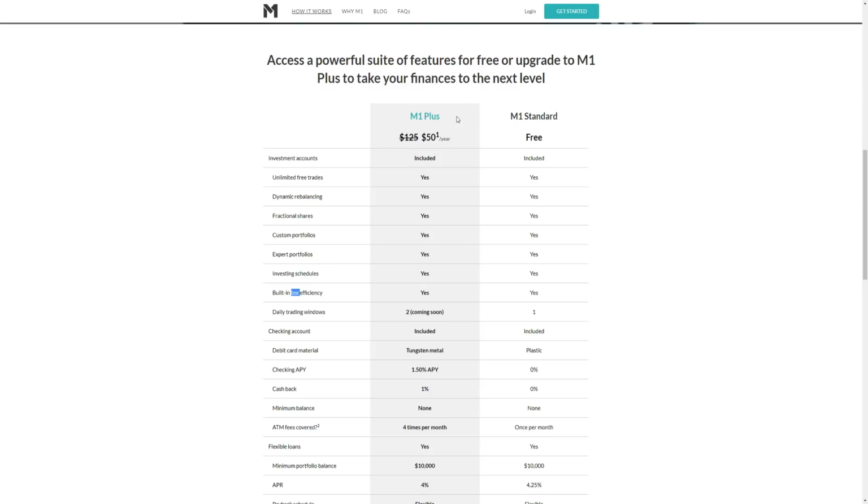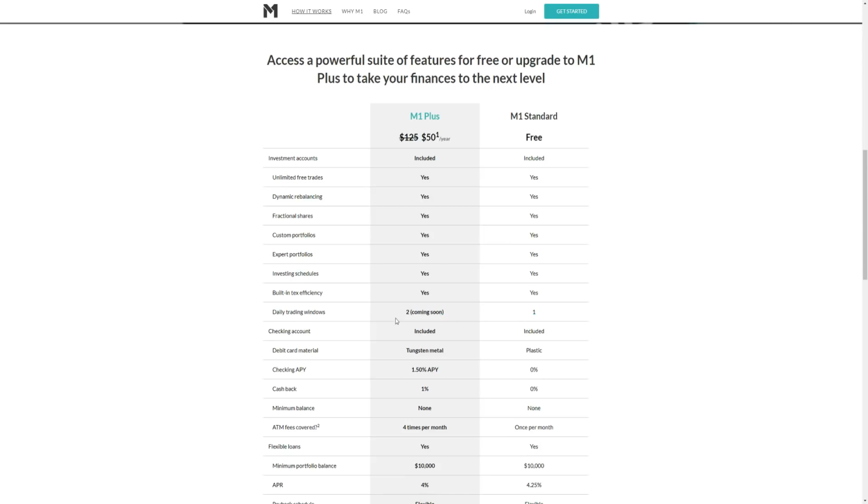Now, the differences here between the M1 Standard and the M1 Plus comes down to the trading windows. M1 Standard, which I currently have, offers a one-time trading window in the morning. The M1 Plus is going to be offering two trading windows, one in the morning and one in the afternoon. If I believe the markets are a little bit high, I want to take some gains and kind of hold it off, then I may use the afternoon, but otherwise, a long-term investor may not even use or need the two